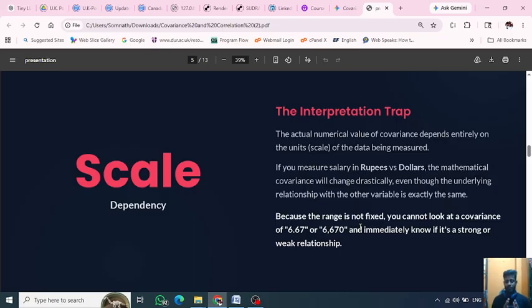Because there is no fixed range. If your salary increases, then covariance also increases. I want to say that you cannot tell, for a small change in one variable, how it behaves for the other variable, whether it behaves strongly, slowly, or weakly. So for that, we need the